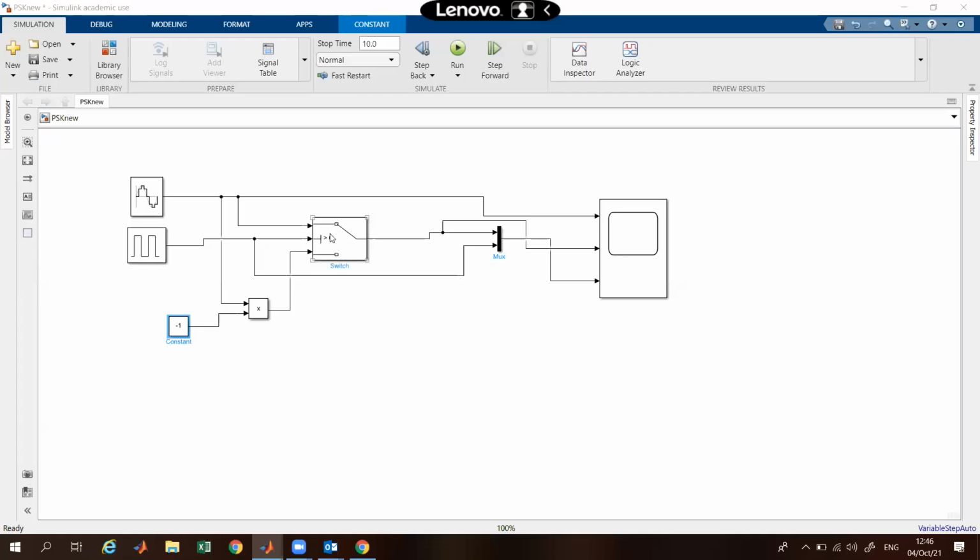So I was explaining that when this amplitude needs to pass, then your pulse input should be positive, means greater than 0. When this is a negative going wave, then this will pass. So this is the use of this switch. Then we have a mux. Mux is basically used to pass one of the waves at a time. You know what a multiplexer is, and then the scope. Now, if we run it,